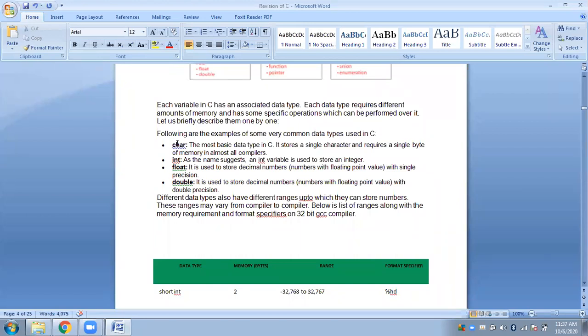Is it an integer type of data? Is it a character type of data? Is it some decimal type of data? Or what will be the size of the data? Is it too big or too small? This is what data types represent. Data type means type of data that you are handling.